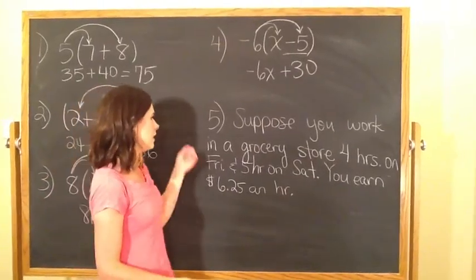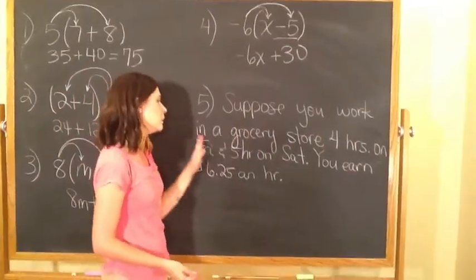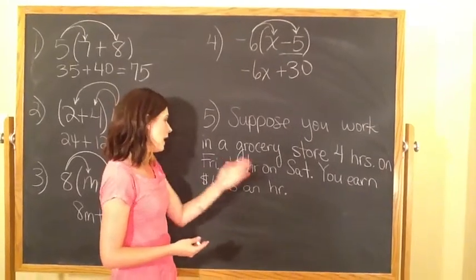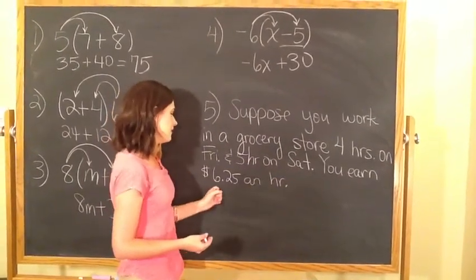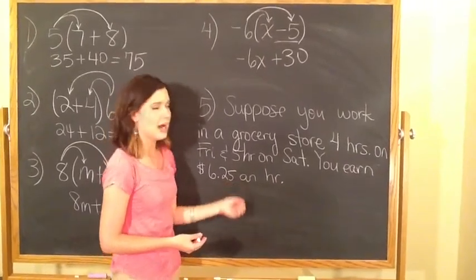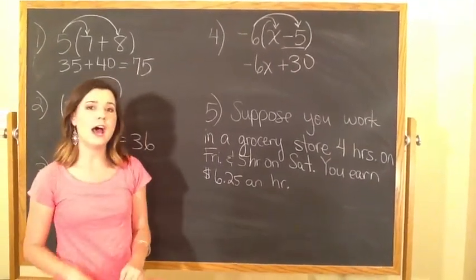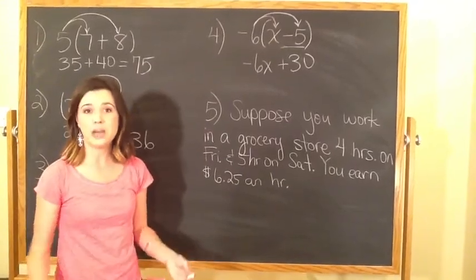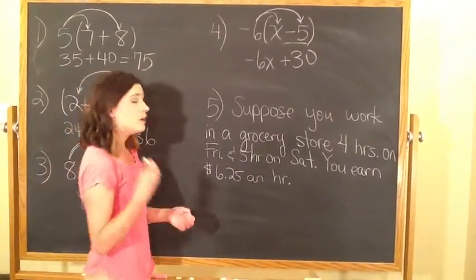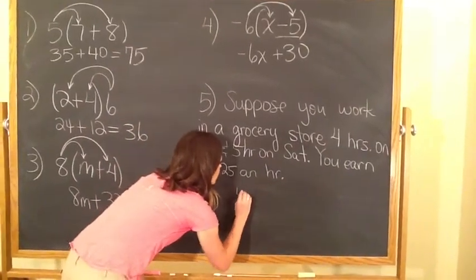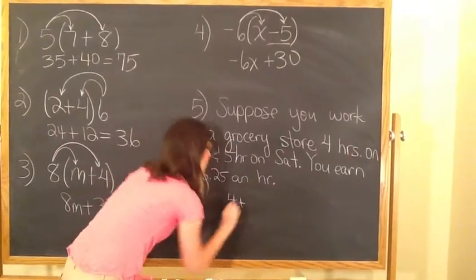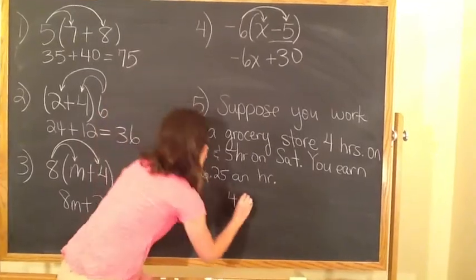Okay, this word problem says, suppose you work in a grocery store 4 hours on Friday and 5 hours on Saturday. You earn $6.25 an hour. So we are going to figure out how much did you earn the whole time that you worked. So you can write this in two different ways. You could either say, okay, I worked 4 hours on Friday and I worked 5 hours on Saturday, so